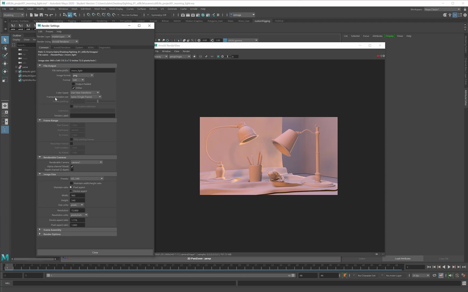Next, under Frame/Animation Extension, it's set to Name Single Frame. I am going to set that to name.number.extension. Any one of these here with the number sign in it will render out a sequence of frames, but the only ones that you really want to use are name.number.extension or